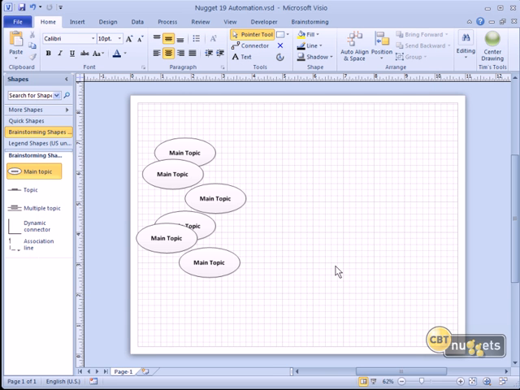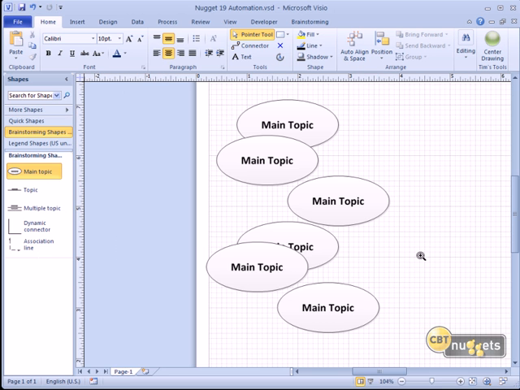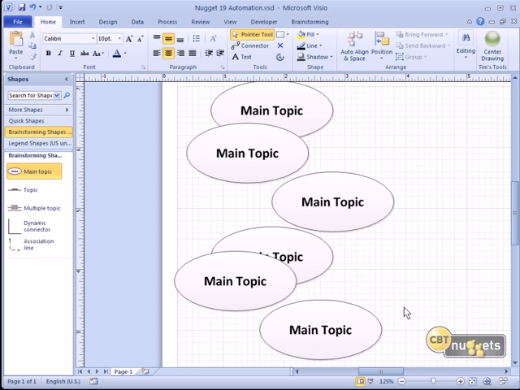And let's say we have, as a matter of course, when we finish a drawing, our corporate standard calls for not landscape, but portrait orientation, and we want our drawing centered on the page. So I hope you're thinking that that's a few separate tasks there, or a few separate actions, especially if we're zoomed in tight as we're working on a drawing to do shape alignment and shape stacking. Wouldn't it be nice to change the page orientation and center our drawing on the page in one fell swoop? Well, that's going to be the example or case study that we'll do right now when we record our first